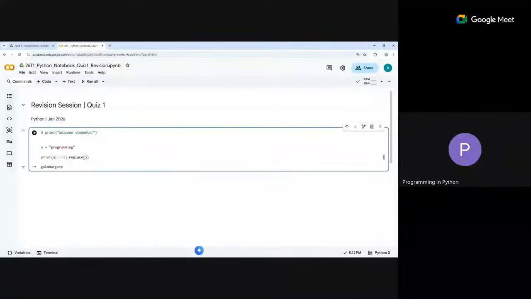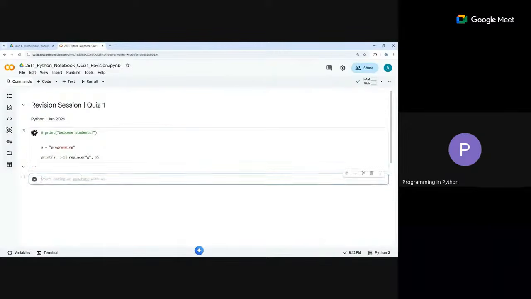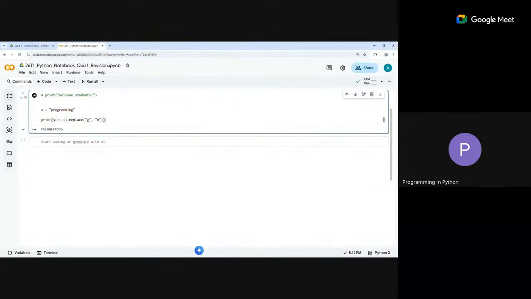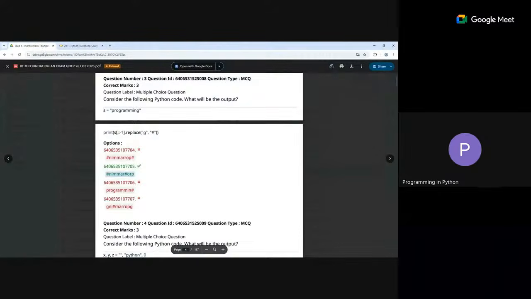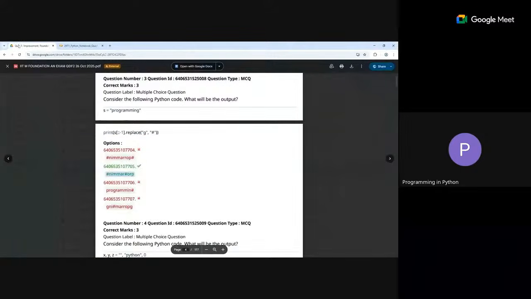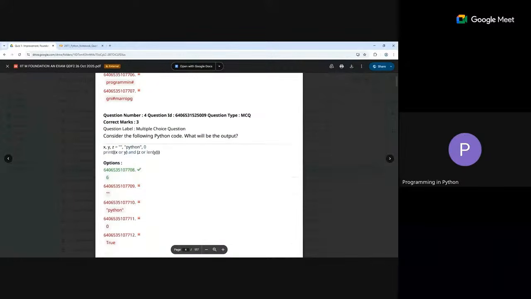If I'm calling replace, then ideally it'll always give us a description, but in this case it is not giving us one. Nonetheless, let's see. If I'm replacing G with the hash there, then what we get is this, right? So it matches the answer as well. That is the reasoning behind it. Hopefully fairly clear to everyone, and we'll move forward. Any questions on this? Any further? No, sir. Very nice. Okay, so we are going to move forward.